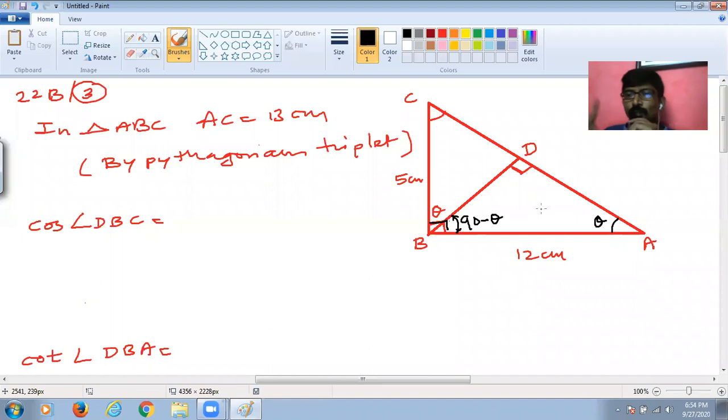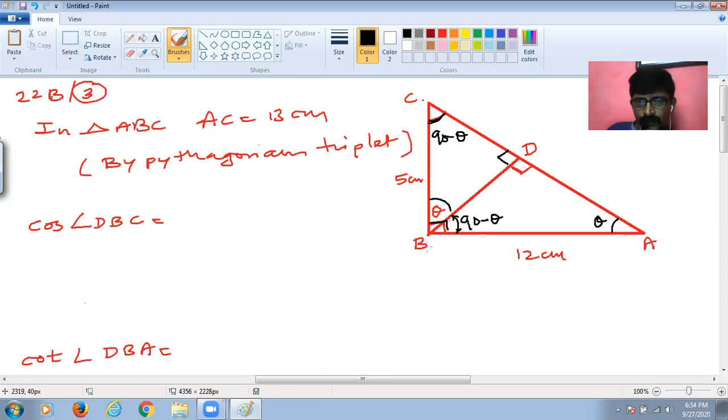And then there is one more small setting, students. We will do that and then we will move to our sum. Look at this. In triangle BDC, angle D is 90 degrees. This small portion is theta. So what will this angle C be? Can you think? This is 90, this is theta. So what will be this angle? Very nice. That would be 90 minus theta. Are you understanding, guys? This will be 90 minus theta in triangle BDC, because the sum of the three angles, this plus this plus this, is supposed to be 180 degrees, isn't it? So once you get this 90, this theta, and this 90 minus theta.